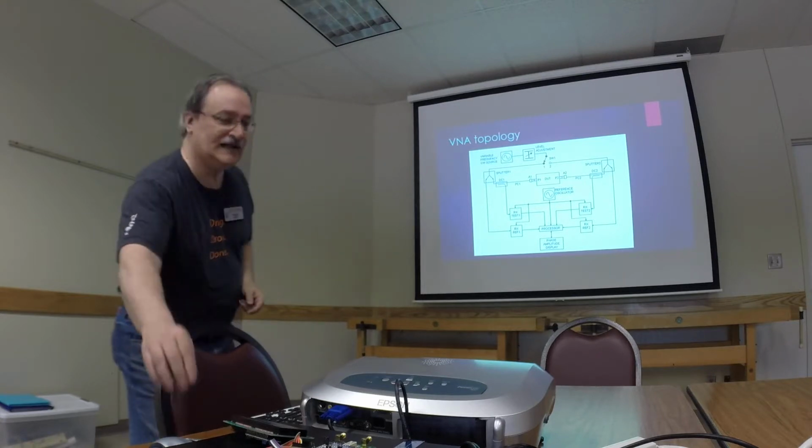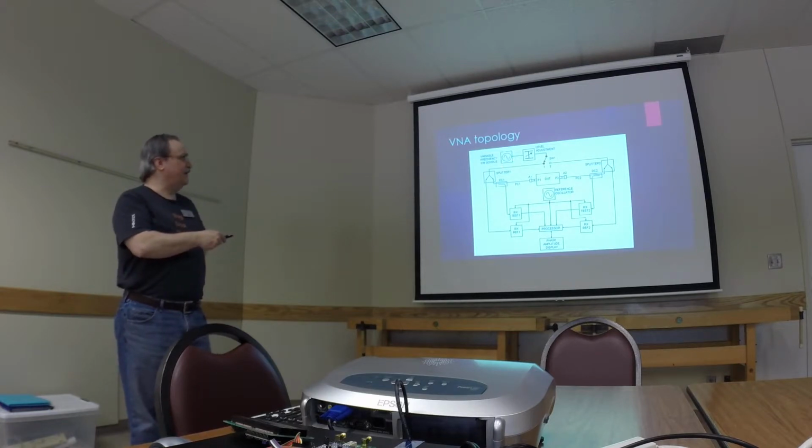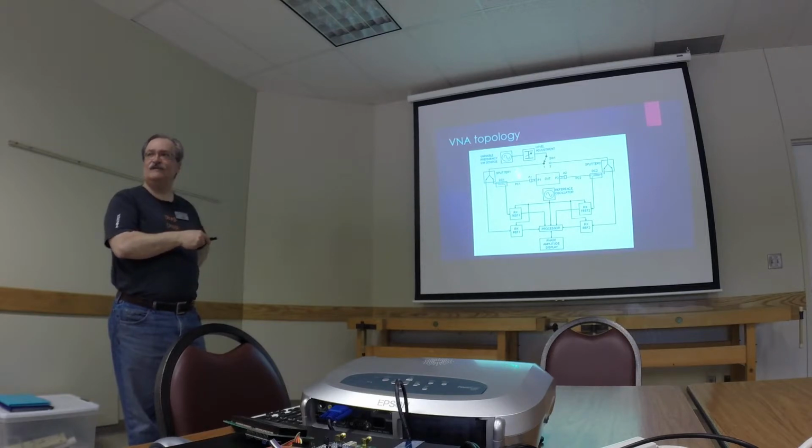So here's kind of a block diagram layout of what we're talking about. You have a variable sweeping continuous wave, leveled sine wave source, with level adjustment with a feedback mechanism that's not shown here, a switch capable of switching with as near zero loss as possible at the frequencies of interest, a couple of splitters, and as you may know, as you go up in frequency, the simple notion of a splitter starts to get pretty difficult as you go up into microwave frequencies. Then we have our